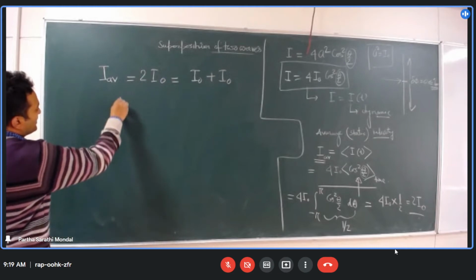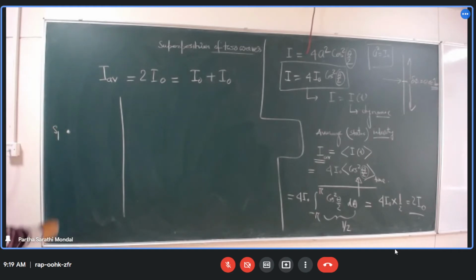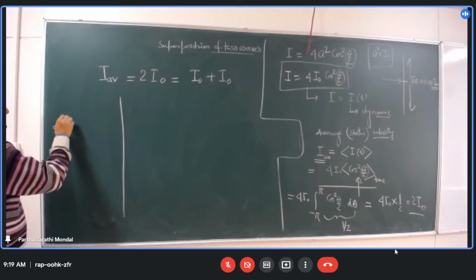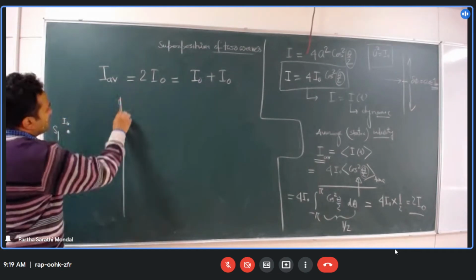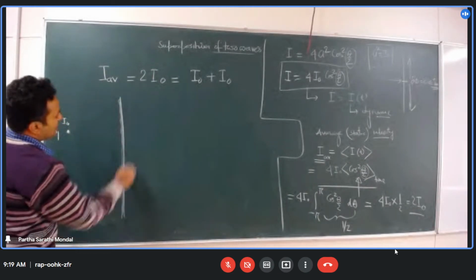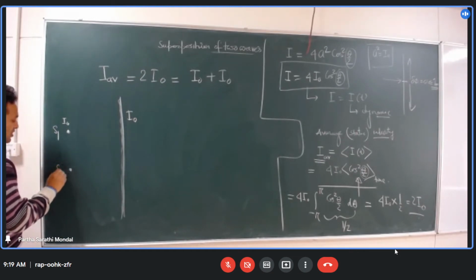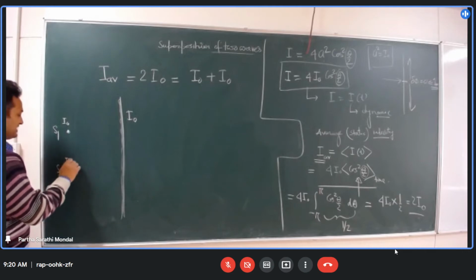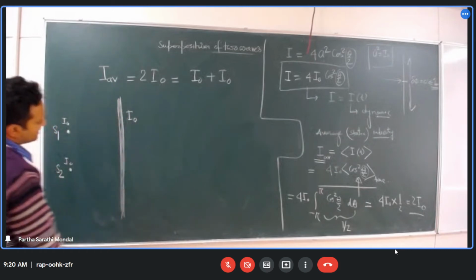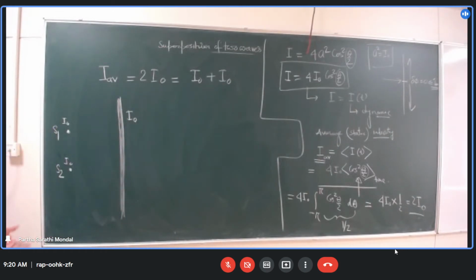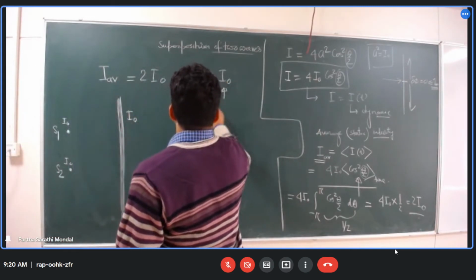Suppose you have a screen here and you have one source of light S1, and the intensity of the source is I0. Suppose I switch on this light, you will get continuous illumination of intensity I0. Now we switch on another source of intensity I0, then what will we have? You will just add up the intensity with a continuous distribution. Illumination intensity on the screen will increase. I0, switch on one source, another source, you will get no pattern,